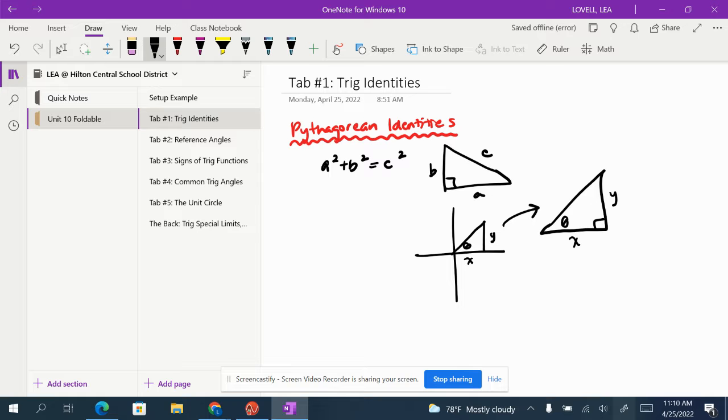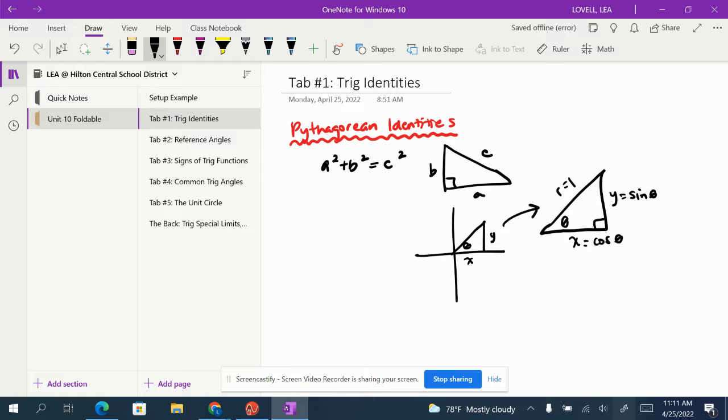So remember that we can always rewrite X as the cosine of theta, and we can always rewrite Y as the sine of theta. So I can rewrite this as cosine theta. I can rewrite this as sine theta. And the radius of a right triangle in the unit circle is always going to be 1. So I can use the Pythagorean theorem to say that